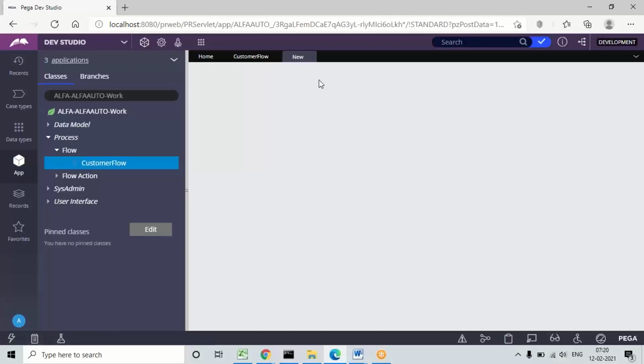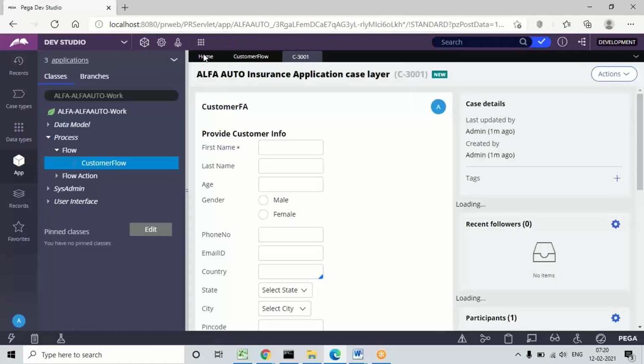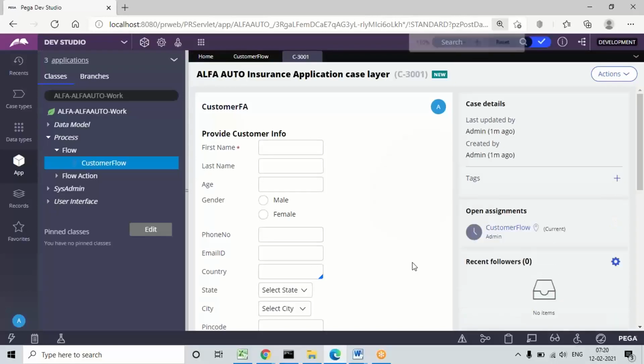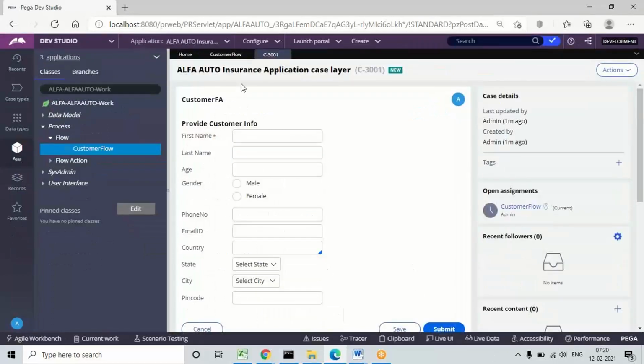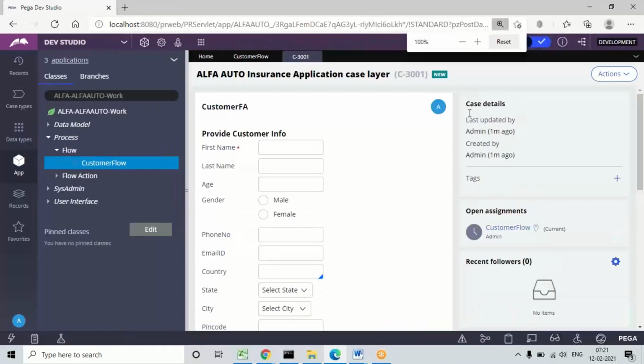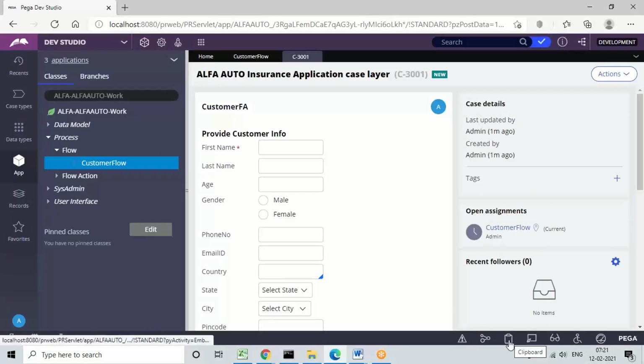See here, I told you the browser by default is at 100% size, which means you can only see the icons here. But if you press Control minus, you can see the detailed names of the menus, and in the footer also you can see the names of the tools. Otherwise, if the browser size is the default size, it will only show these symbol icons.